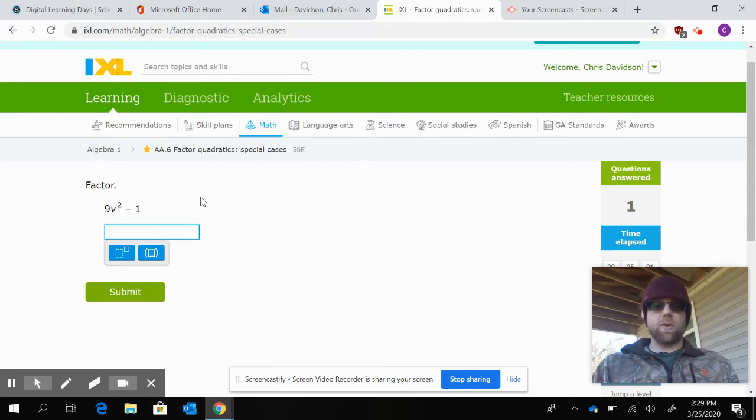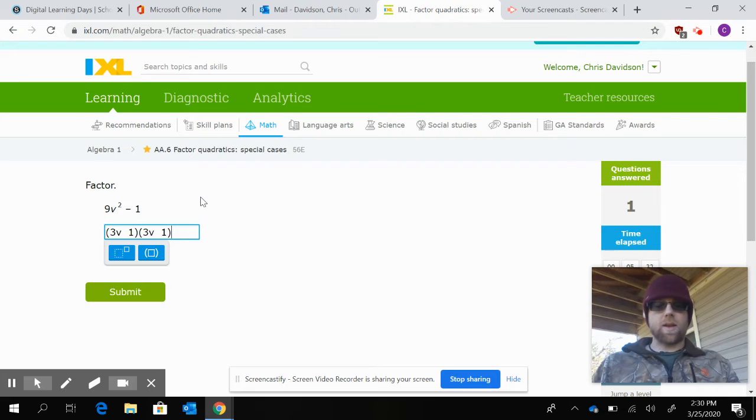All right, and so we open up a set of parentheses. What is the perfect square of 9? It's going to be 3. And how can I split up V evenly? Just put 1V. And then, what's the perfect square of 1? Just give me 1. So close your parentheses and then do the same exact thing in the other parentheses: 3V,